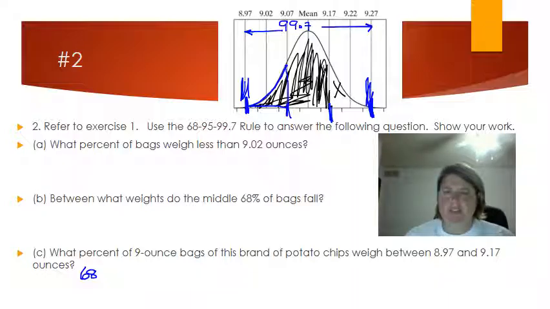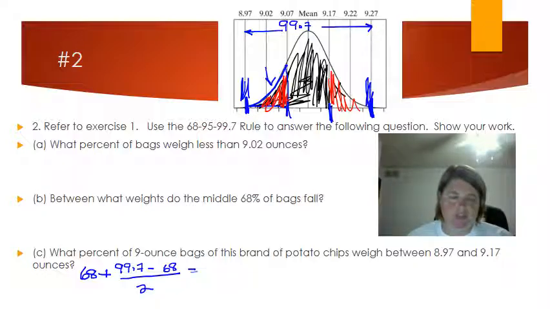What would be left is this little chunk and this little chunk, right? So hopefully you can kind of see where we're going with this. So I'm going to take the 99.7 and subtract away the 68 to get the two pieces that are left in red. And I only want one of them. I only want this one. So I'm going to divide that area by 2. Stick that in your calculator and we should get